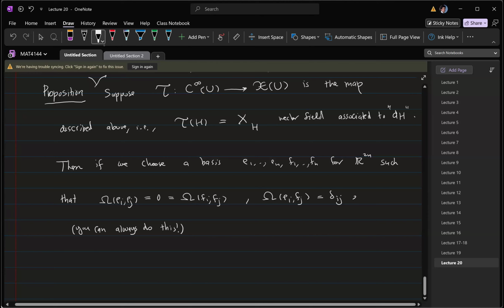The choice of such a basis is not unique, but you can always do that. So then,